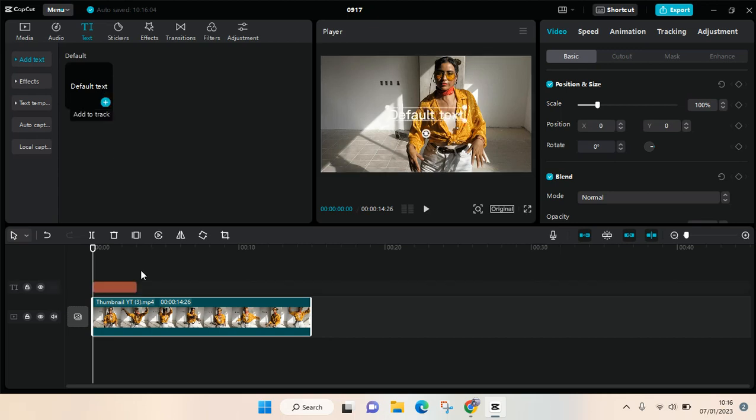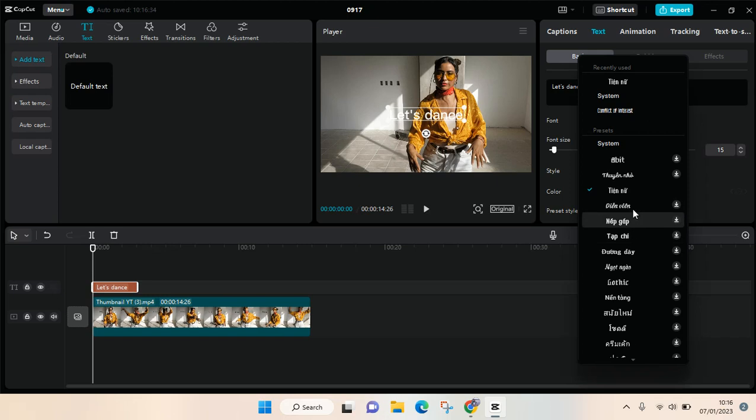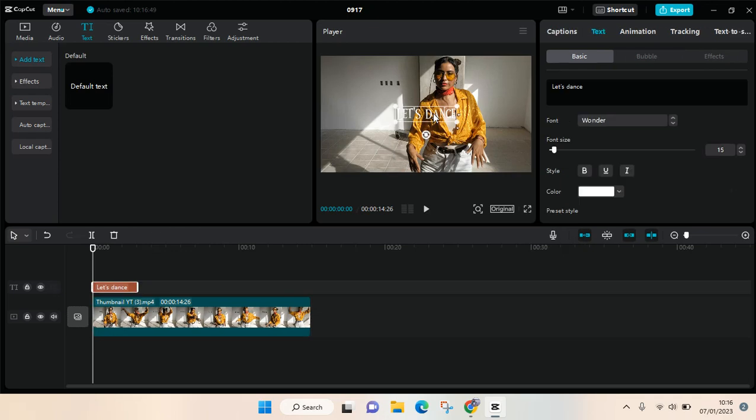Click on default text, add it to track, and then here at the text box, just change the text that you want. So I'm going to just type "let's dance," and you can also change the font in here. For example, I want to change it. Okay, that's one. And then to animate the text, you can just click on the text and then here go